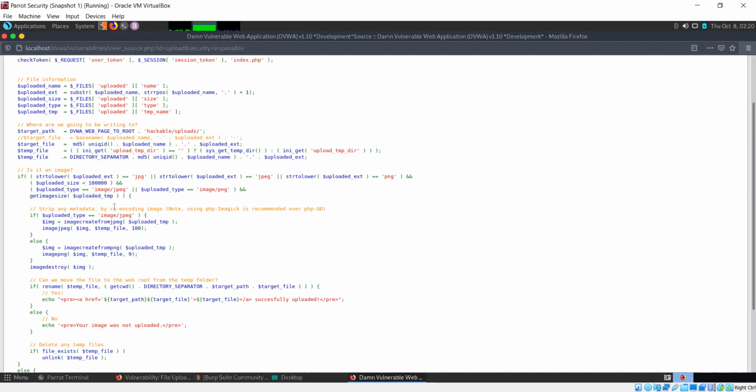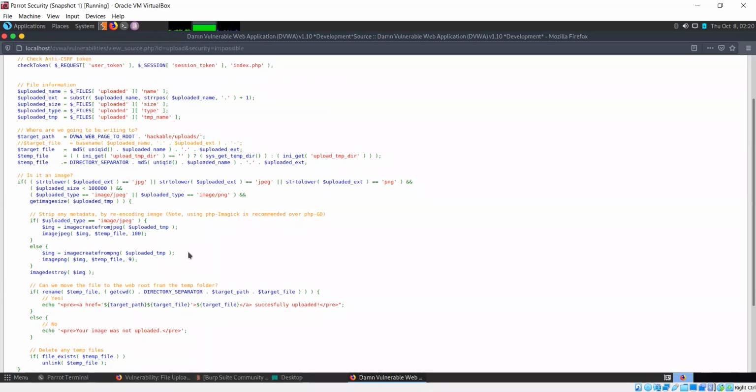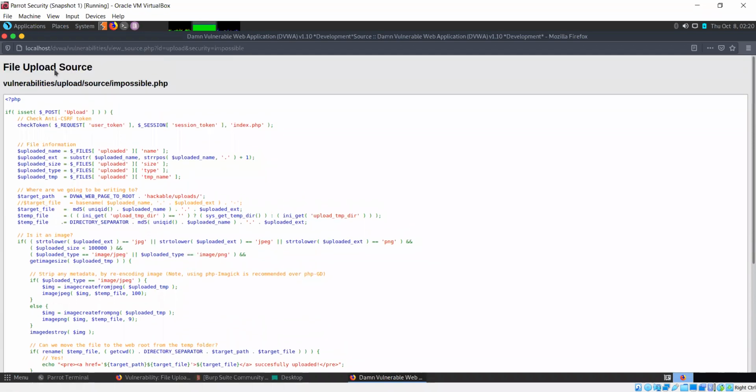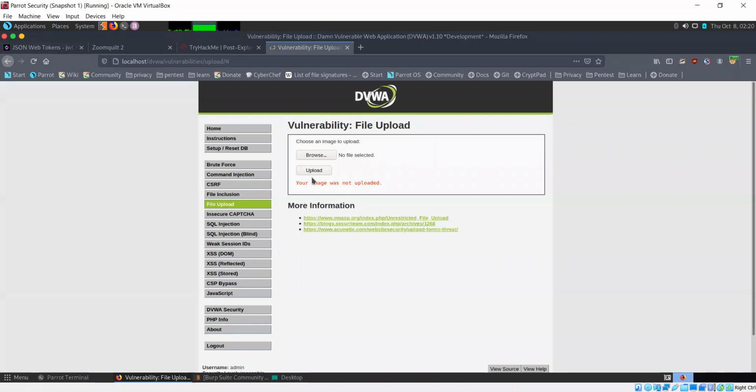It's also re-encoding the image, and then trying to see whether what we have uploaded qualifies as an actual image or not. If it does not, it's not going to keep that in the uploads folder. It will remove that image, and it will tell the user that your image was not uploaded.